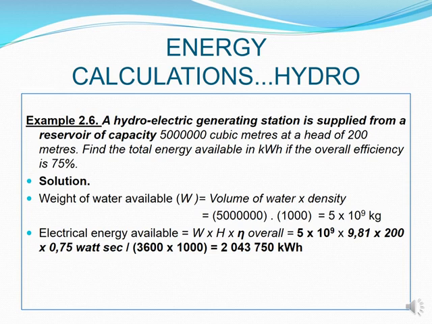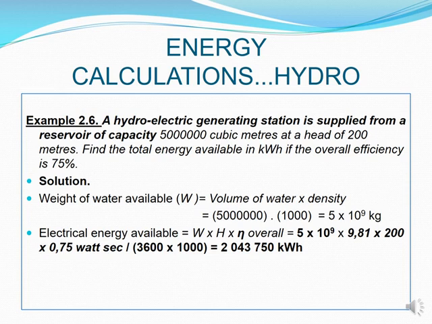So therefore, it's going to be that 5 times 10 to the 9 that we got above for the weight. Then our H is going to be equal to the 9.81, which is your gravitational pull. And then you multiply by the 200 of you. That is how further down it goes. And then we multiply by our 0.75 for efficiency. We take all of that and then we divide it by